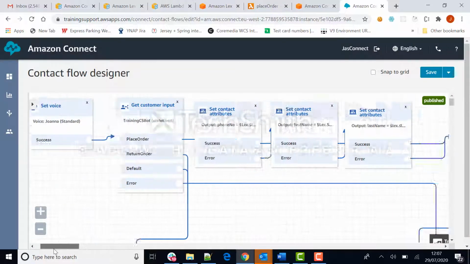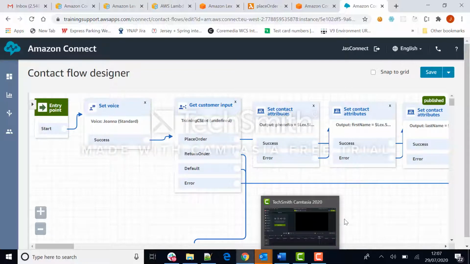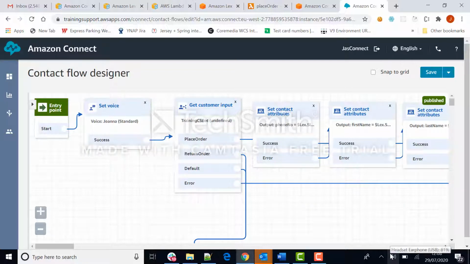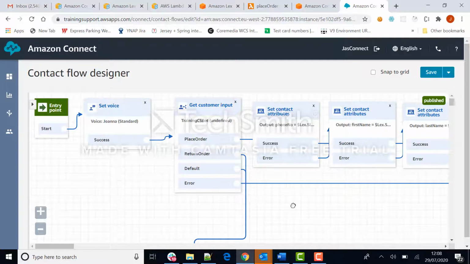Now, return order. Return order was a flow where I took the order number and first name. Sorry for the interruption. For place order, these three details were thrown out in the output, and I captured those and set them in a key field, and I can utilize those in the further flow. Now for return order, if you see the return order flow, I'm just trying to